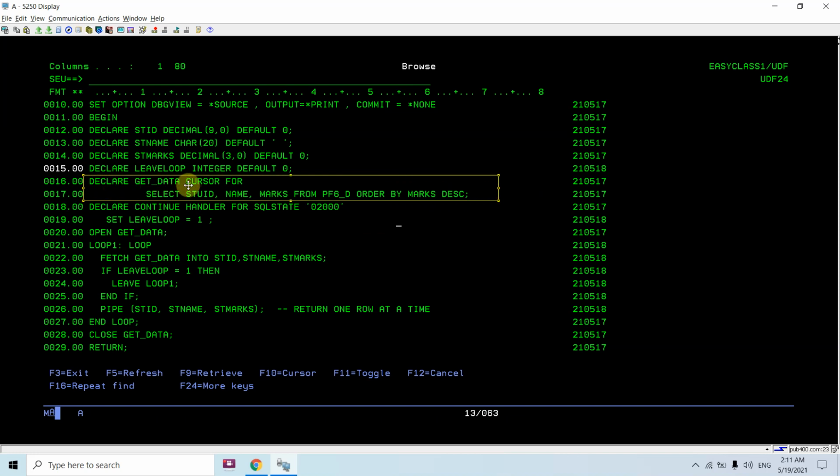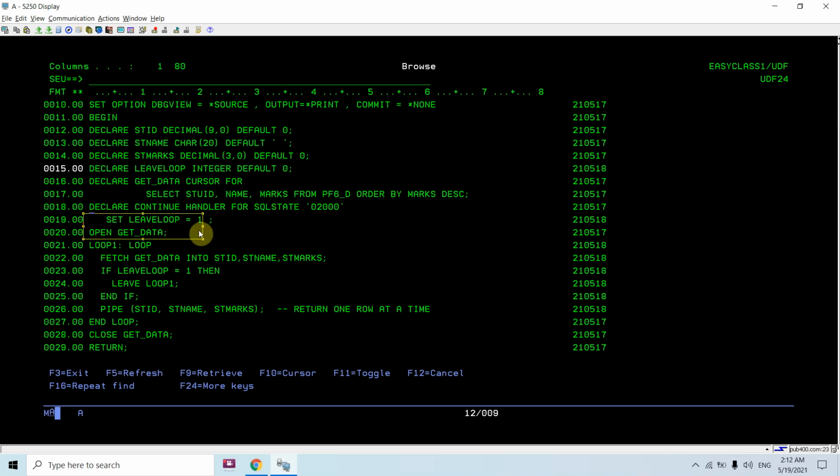So declare get_data cursor for select student ID, name, marks from this table, order by marks. So basically I am selecting these columns from this table, and then after this SQL statement I just defined the handler and setting the leave loop to 1 once this condition occurs.